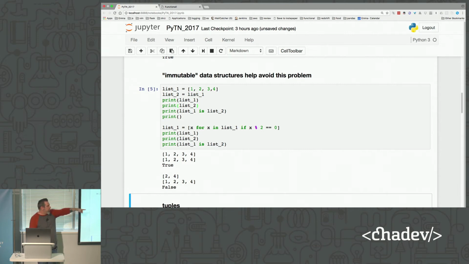We'll look a little more at comprehensions later on, but essentially what that's doing is creating a brand new list, right? We're assigning it back to list 1, but instead of changing the original list 1 in place, this is actually creating a brand new list, and you can see down here at the very bottom what we've done.